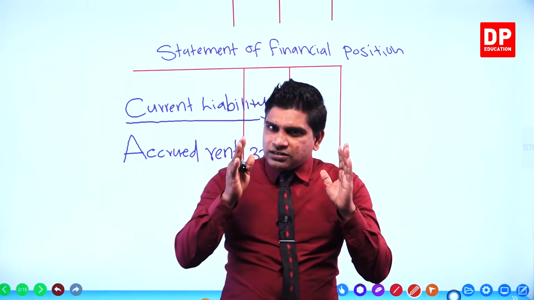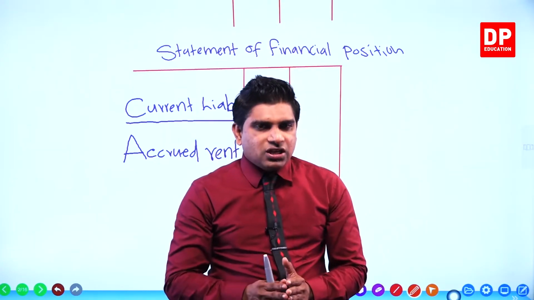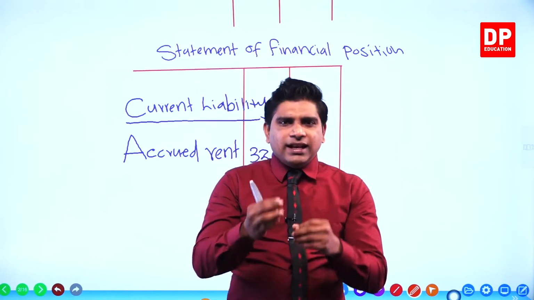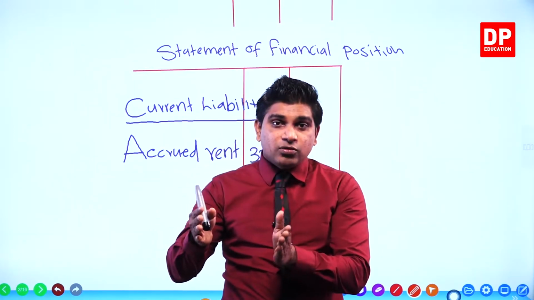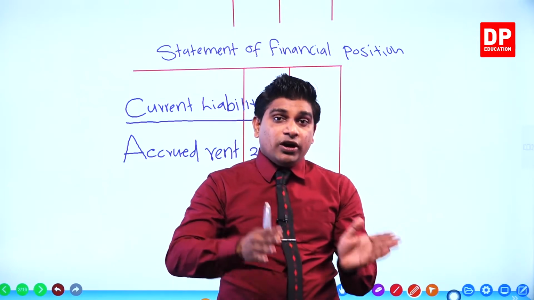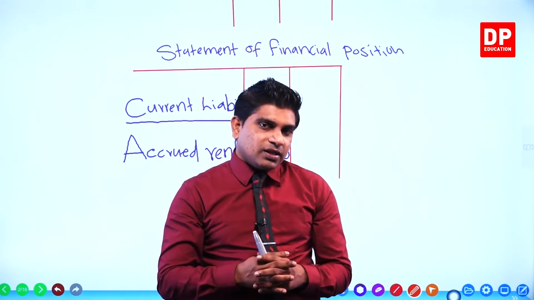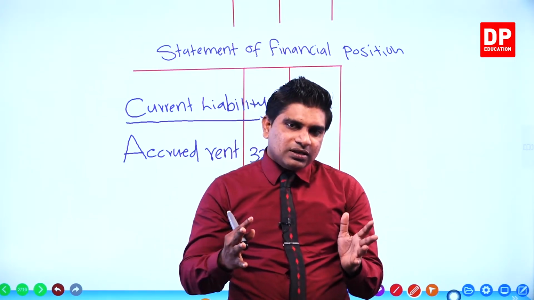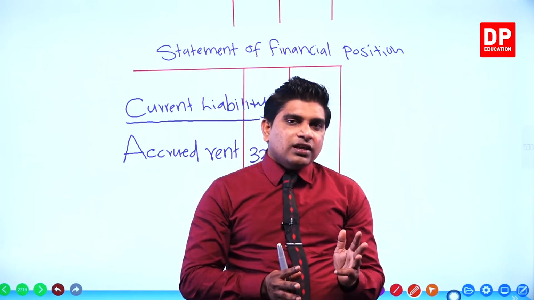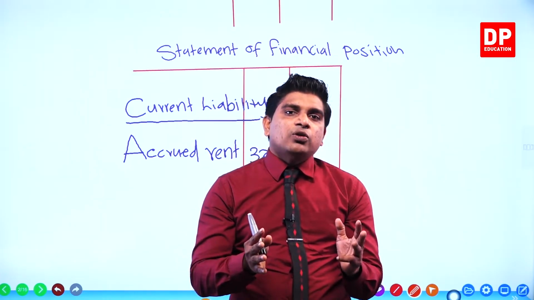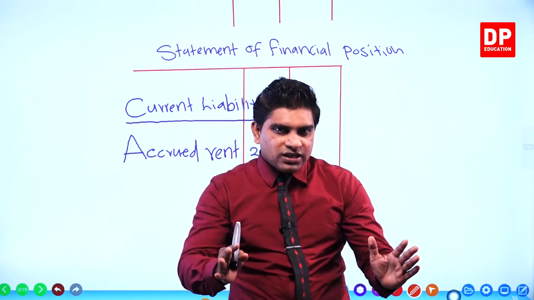I'll revise the things I have taught under this transaction. When they give the adjustment transaction, what do you do first? You do the calculations first: how much the annual income or annual expense is, how much they already paid, and how much the to-be-paid amount is. You can do the calculation on paper. After that, you draw the general journal. Why? Only one journal is used to record adjustment entries, the general journal.